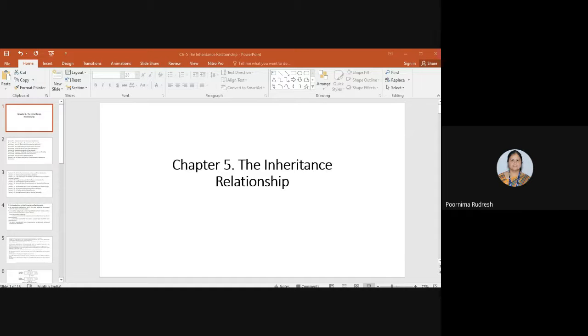So these are the two main purposes. Both generalization and specialization are considered synonyms of inheritance. We'll see in detail about generalization and specialization.